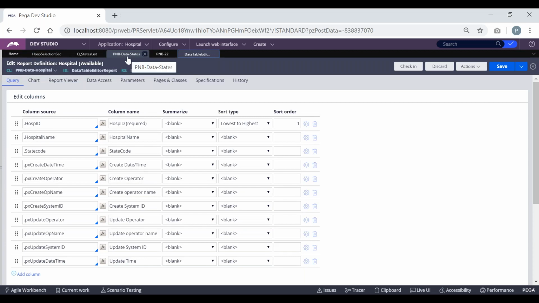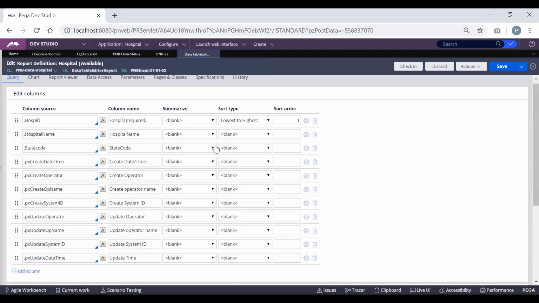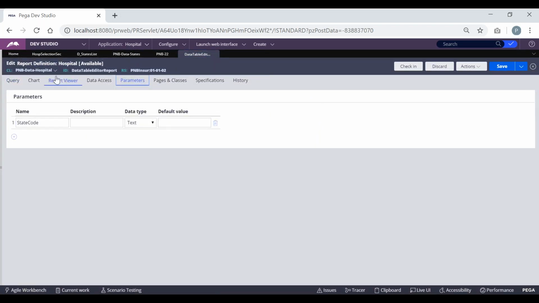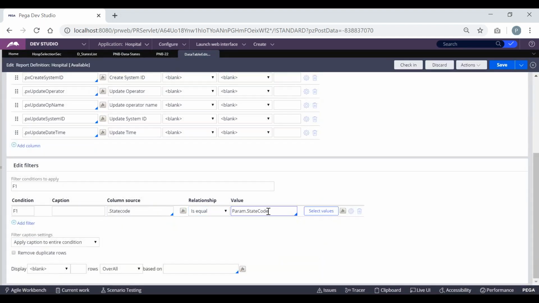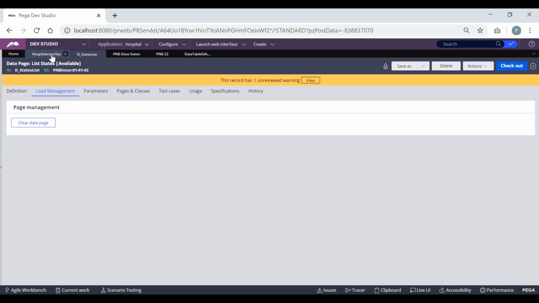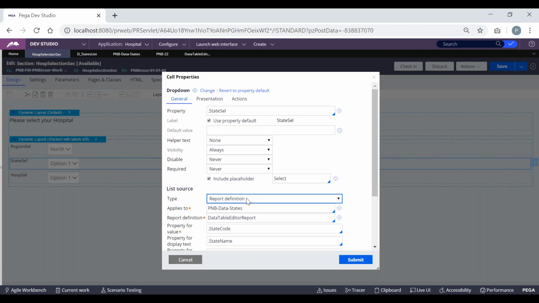If you want to use a report definition, first you go to parameters and give the value. Here you define something like region. Based on the region only we have to make modifications now, and apply the filter like param.region. So whatever region we select, like north, that will be filtered out. We have already worked with report definition and parameters. Now let us work with parameters and data class, data pages.